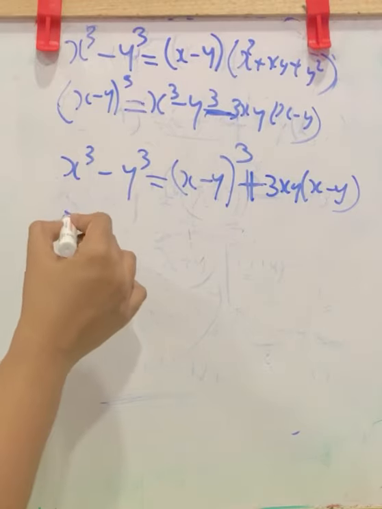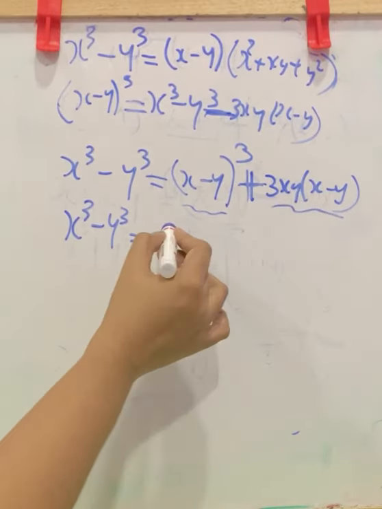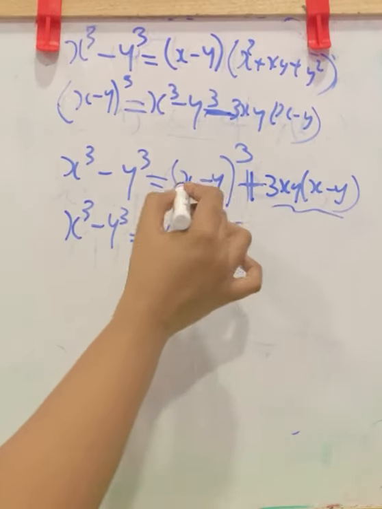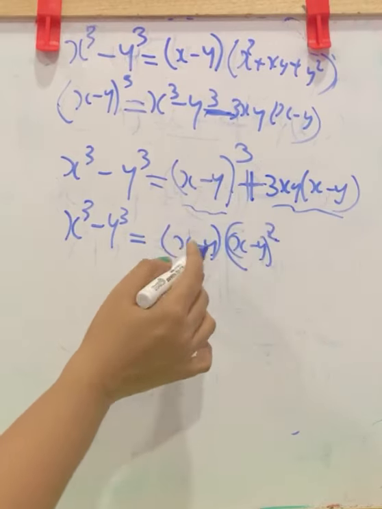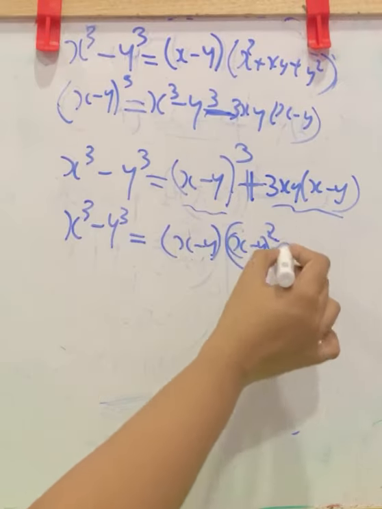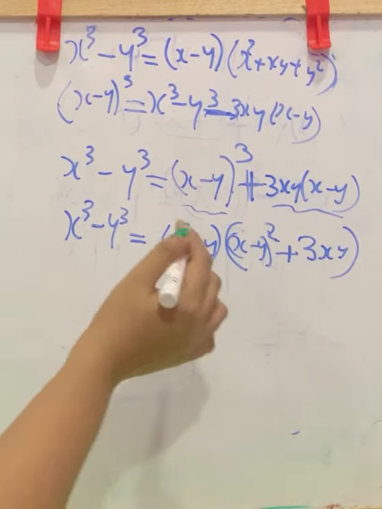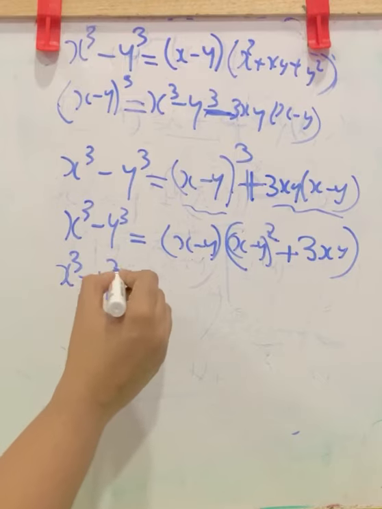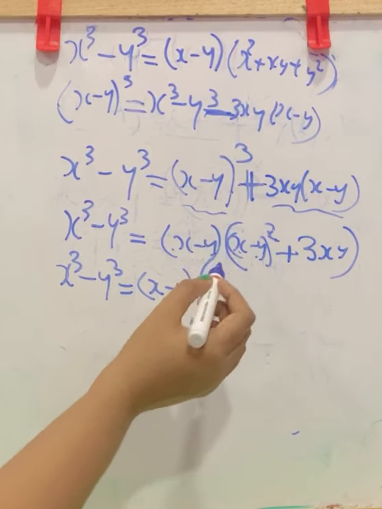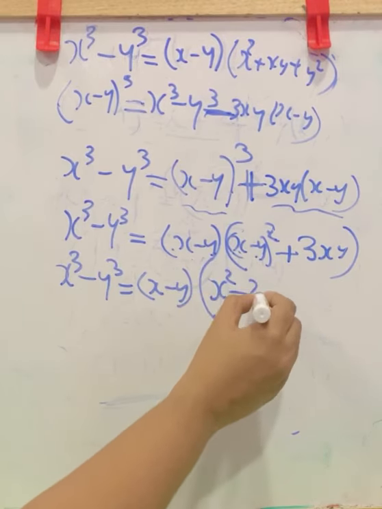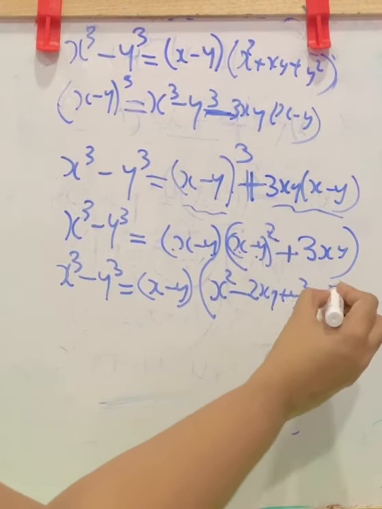Now here x cube minus y cube on LHS, keep it there. From this term and this term x minus y is common, taken outside. So here x minus y whole square will be balanced because 1 taken to outside. So balance will be x minus y whole square. Plus here x minus y is taken outside, balance will be plus 3xy. Close the bracket. Now here we have another identity to expand, x minus y outside the bracket. Here we have x minus y whole square, that is x square minus 2xy plus y square. This is the expansion of this identity. Now here we have plus 3xy.